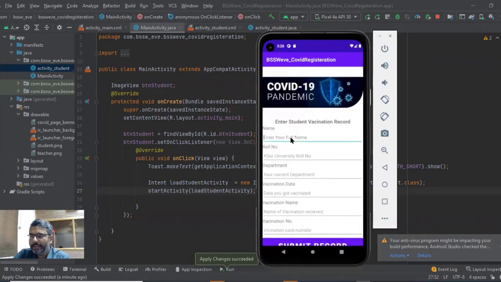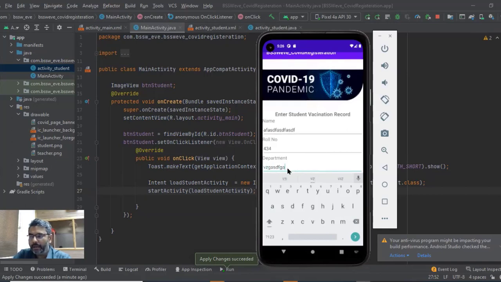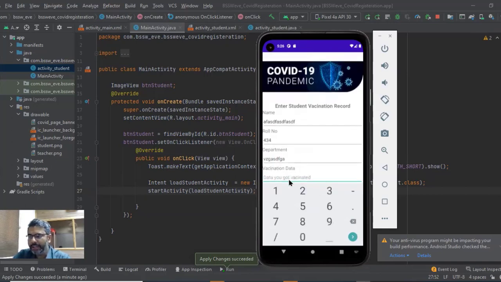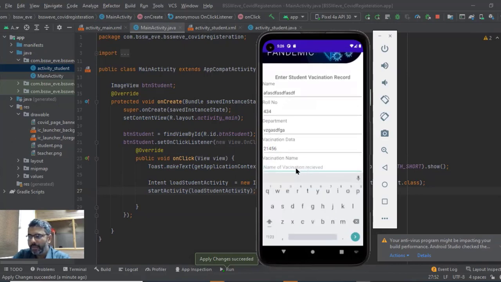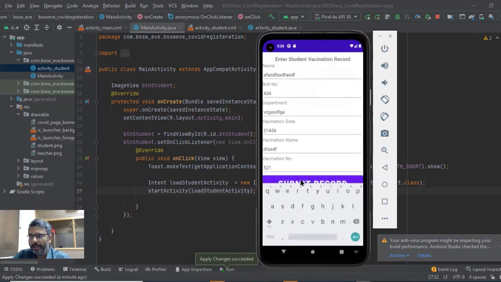बहुत आला, जबरदस्त। मैंने यहाँ पे आके नाम दिया, मैंने यहाँ पे आके अपना रोल नंबर दिया। ठीक है, इसको मिनिमाइज कर देते हैं। इसी तरह से मैं फिर डिपार्टमेंट दे दूंगा। इसी तरह से हम वैक्सीनेशन डेटा दे देंगे, जो भी नंबर होगा मेरा वैक्सीनेशन डेट का। मैंने वैक्सीनेशन नेम दे दिया, अगेन मैंने नंबर दे दिया, और मैंने सबमिट पे क्लिक किया। नाउ एज सून एज आई क्लिक ऑन सबमिट, अ थर्ड एक्टिविटी शुड लोड अप। सो लेट्स जस्ट गो इनटू दिस। तो बेसिकली यहां तक कोड समझ में आ गया।